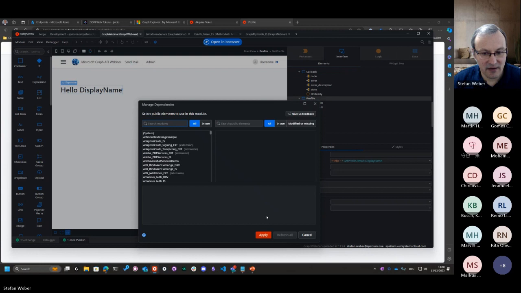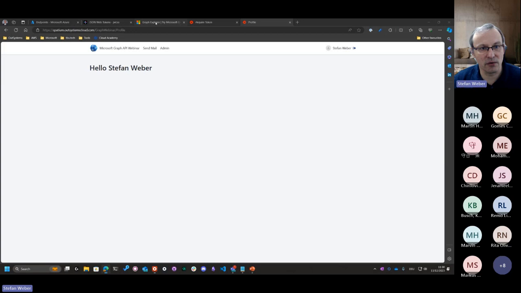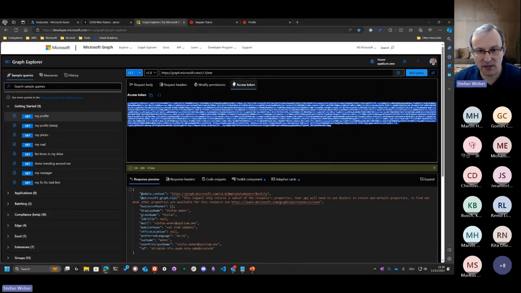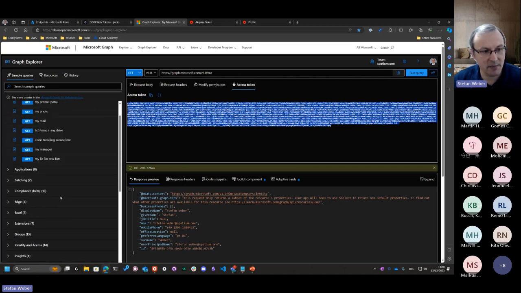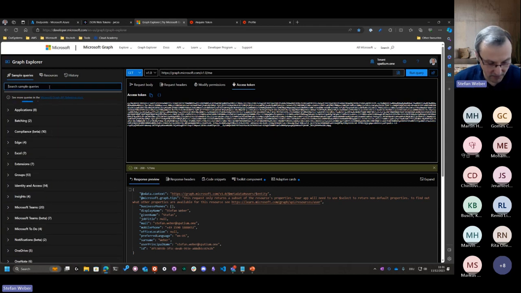Okay, and that's it for this webinar, basically. So we saw how to acquire an access token using Authorization Code Flow and use that token to query Graph API resources. And it's always good to check with Graph Explorer because you already have an access token. You can try out many of the available REST API endpoints, then copy over the access token, copy over the request body, for example, for